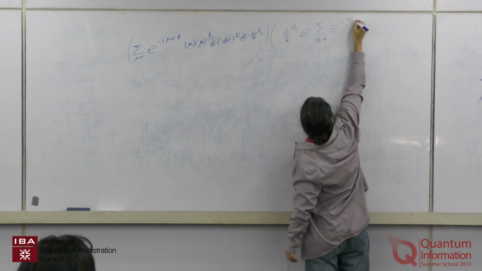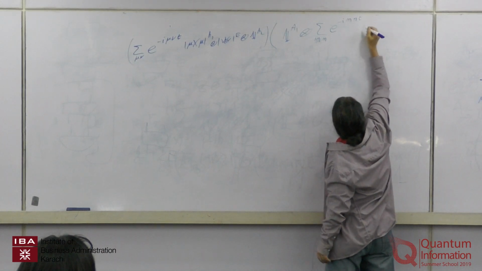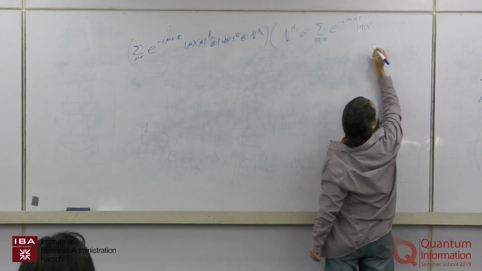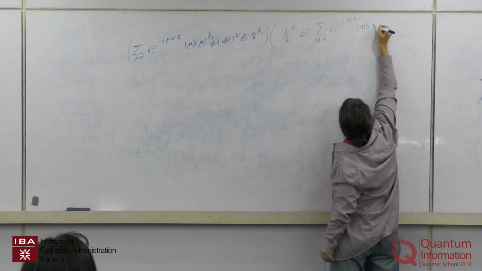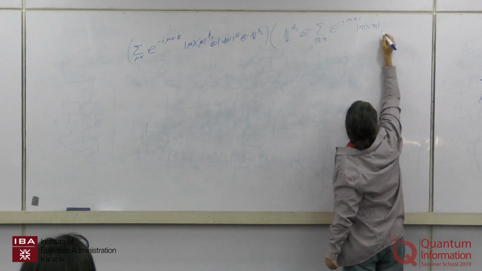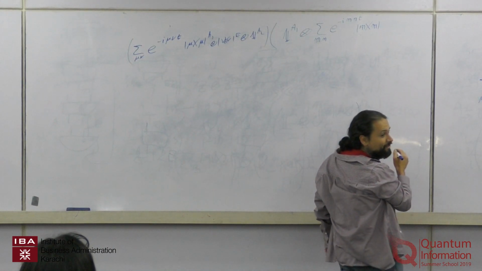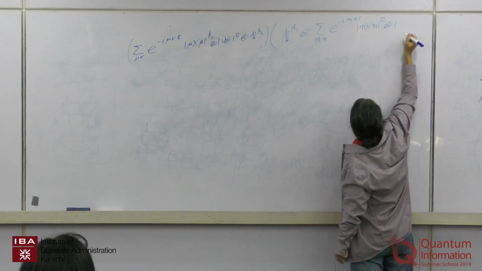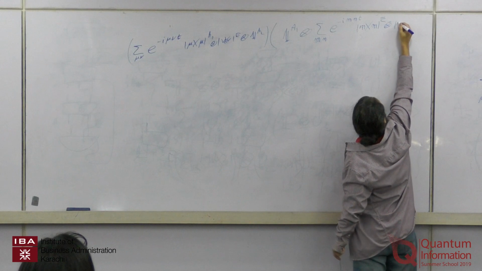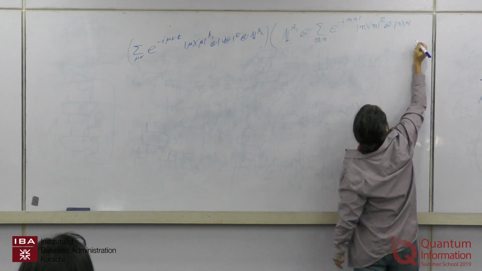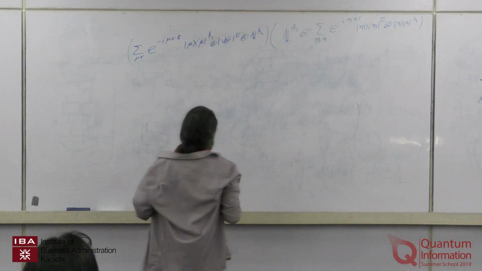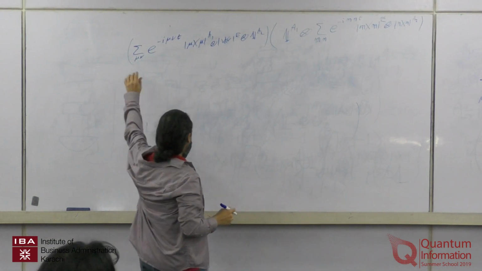Minus i M N T, and then M or N? M on which system? A. E. Tensor? N. A2. Great. Okay, so that's essentially we have everything set up, and now we just have to